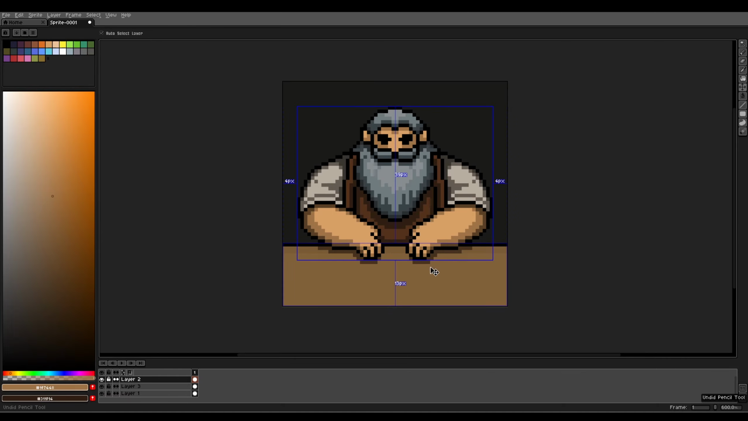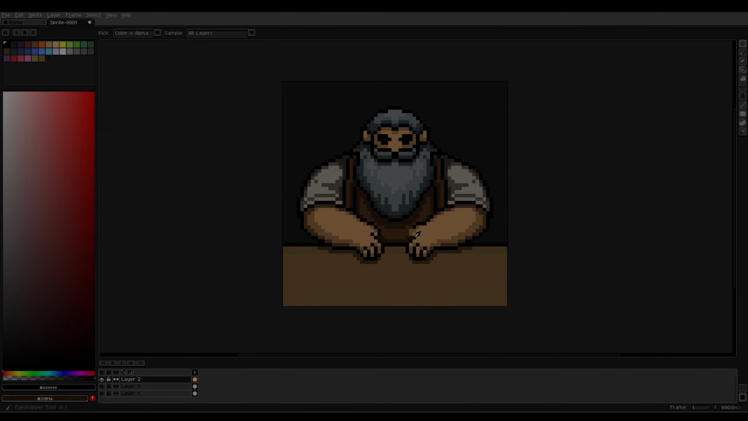Now that we have finished the NPC, it's time to at least give him an idle animation and add him